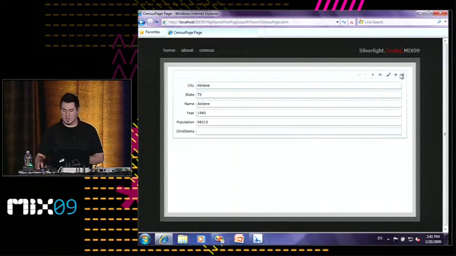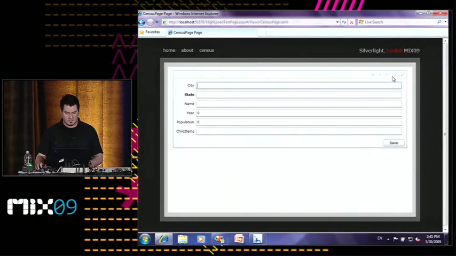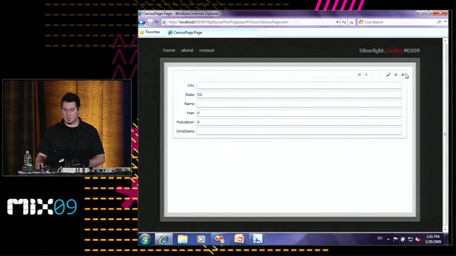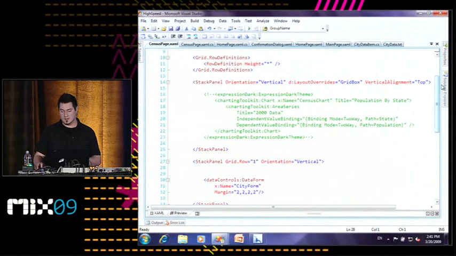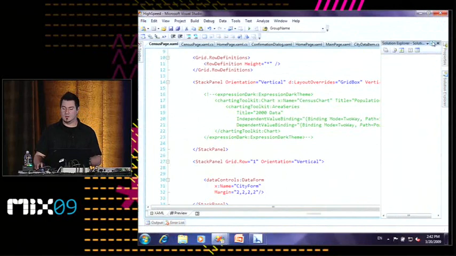Data form. You can add new items. Save that. Or, of course, you can delete items. That's not very exciting, so I'll delete that. So that's the basic data form, and it responds to your metadata. I mentioned that before, so I wanted to just briefly touch on how you wire that up when you're quickly